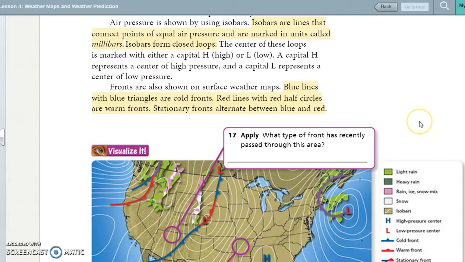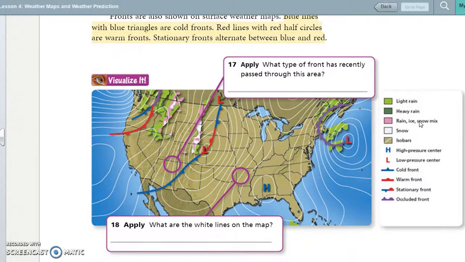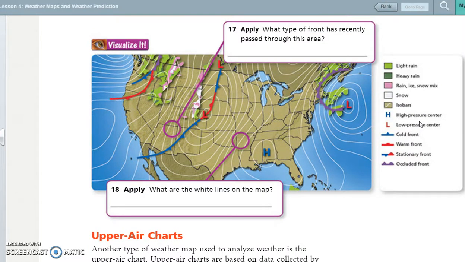Okay, let's scroll down a little bit and look at the weather map that they give us. All right. There is a key right here. Not all of the weather maps that you're going to be given have as detailed a key, but here we go. All right, the light green indicates light rain, dark green indicates heavy rain, pink is rain, ice, and snow mixed,